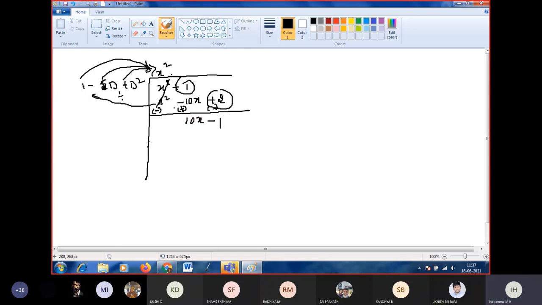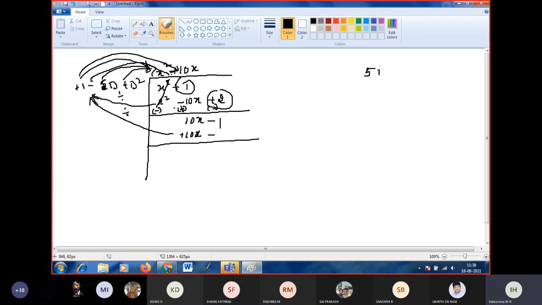Okay, next, what I want here? 10x. Correct? 10x divided by 1, what is it? 10x only. I am writing plus because here also plus is there. Plus 10x divided by plus 1 is plus 10x. Is it right? Next, plus into plus only 1 into 10x, I wrote. Next, minus into plus is minus.